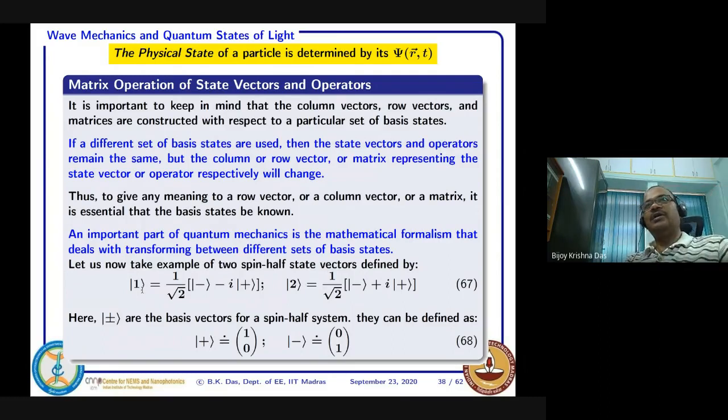So how can you visualize that? Suppose you have a state psi. So far we are discussing that it can be a function of position, a function of momentum, and also a function of t. That's fine. Now, can you imagine any quantum mechanical wave function which is not a function of position? Can anyone answer? Any quantum state you can imagine?